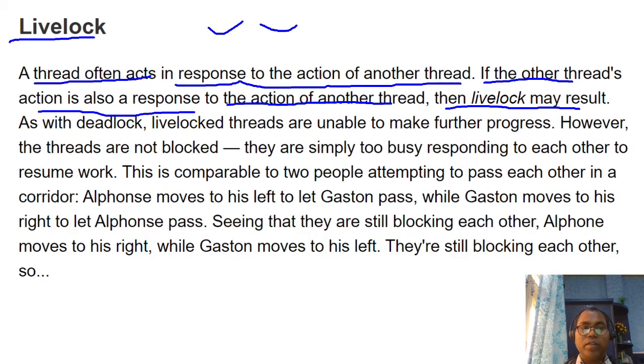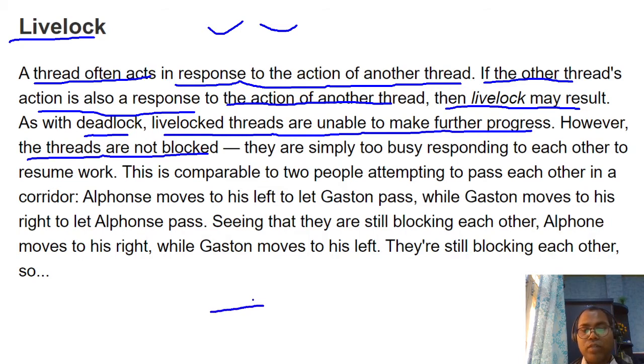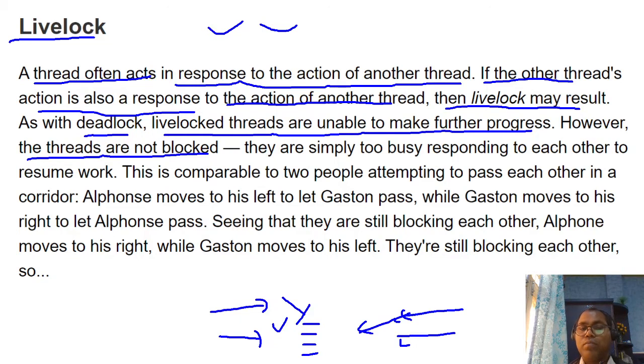With deadlock and live lock, threads are unable to make further progress. Similarly, in deadlock, both threads are not able to move forward, but here threads are not blocked. In the case of deadlock, both threads are blocked, waiting: I am waiting for the query lock, and the other is waiting for the query lock. But in the case of live lock, both threads are not blocked, but they are not going to complete their jobs. They are waiting for the response of each other, and getting the response, but both are in a non-blocked state and both are not able to progress further.